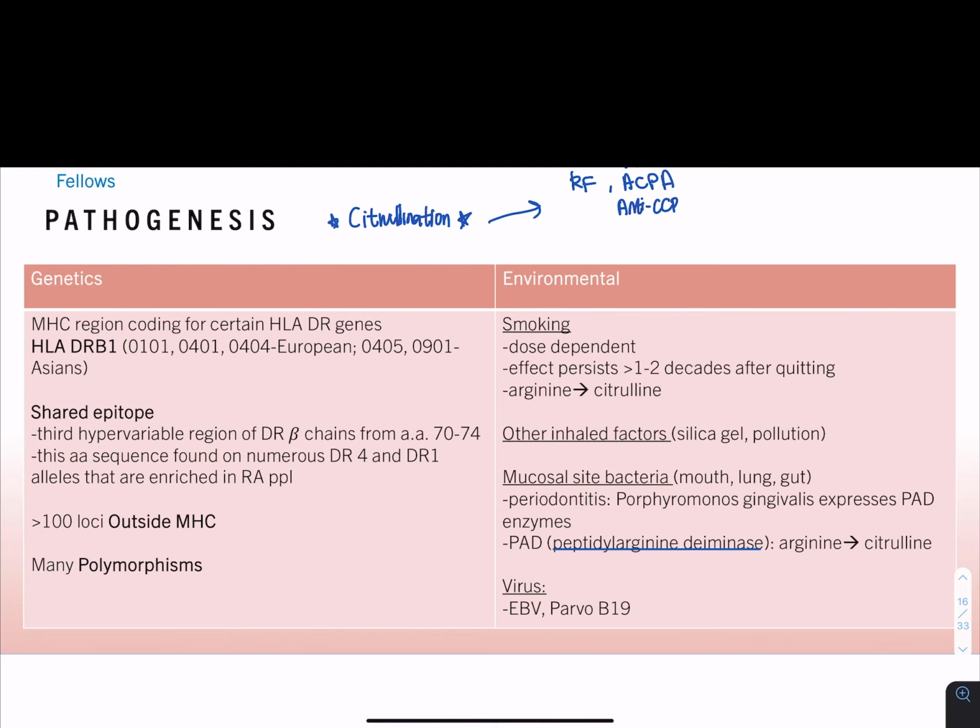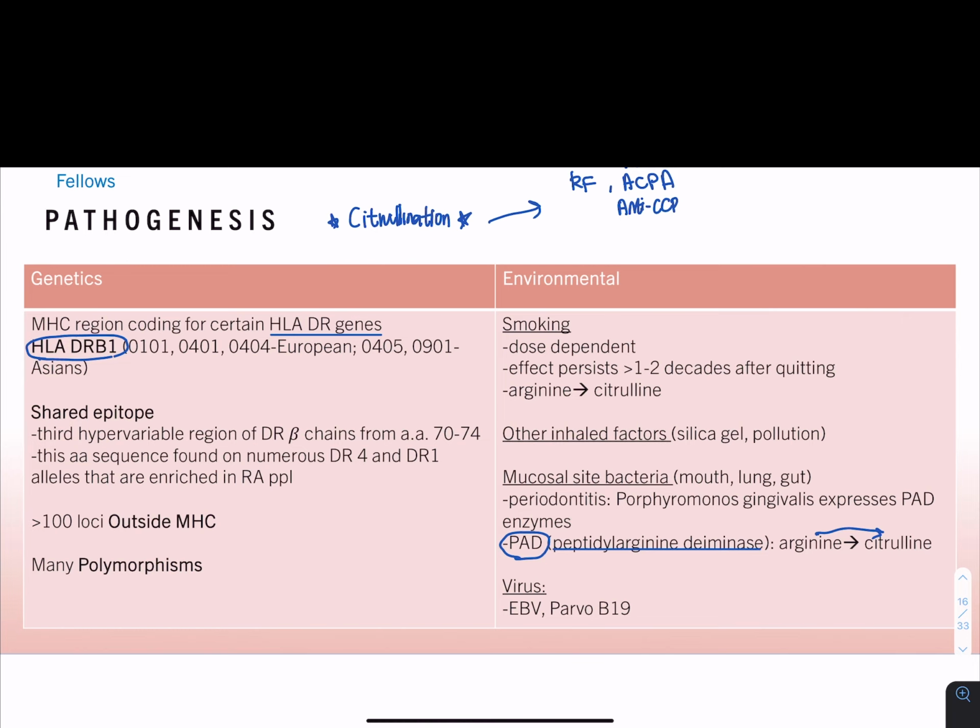By the way, PADs stand for peptidyl-arginine deiminase, and they will citrullinate resident proteins through the post-translational modification of arginine to citrulline. In terms of genetics, rheumatoid arthritis is associated with HLA-DR genes and HLA-DRB1. You certainly want to remember it, as it will show up a lot on your exams or while you're studying the pathogenesis of rheumatoid arthritis. Specific alleles that change the amino acid sequence of the HLA-DRB1 gene were recognized, and they are